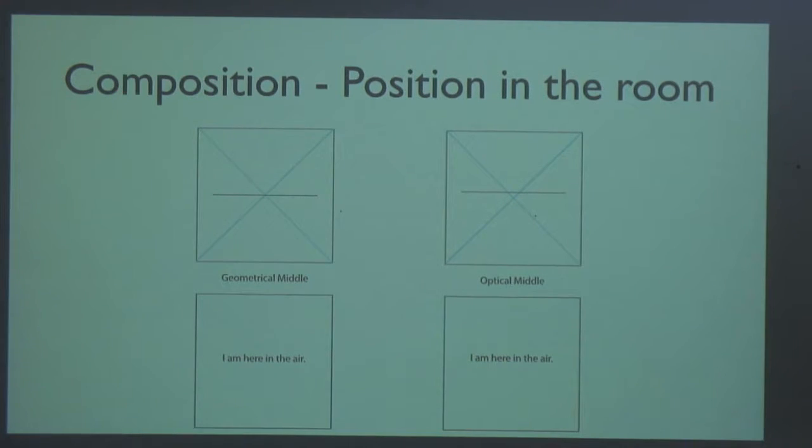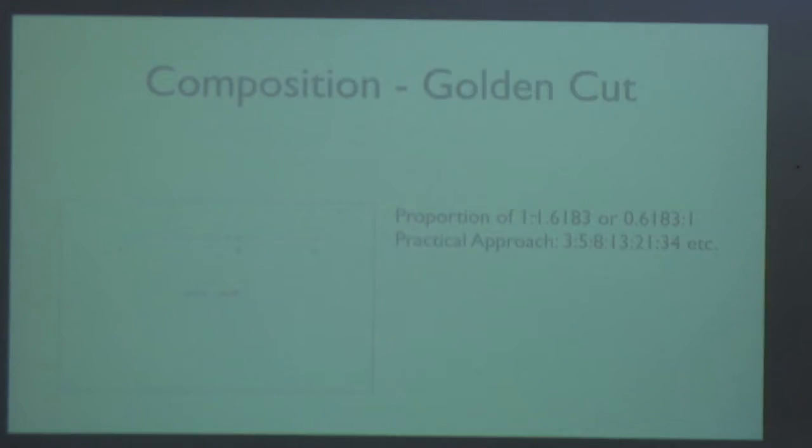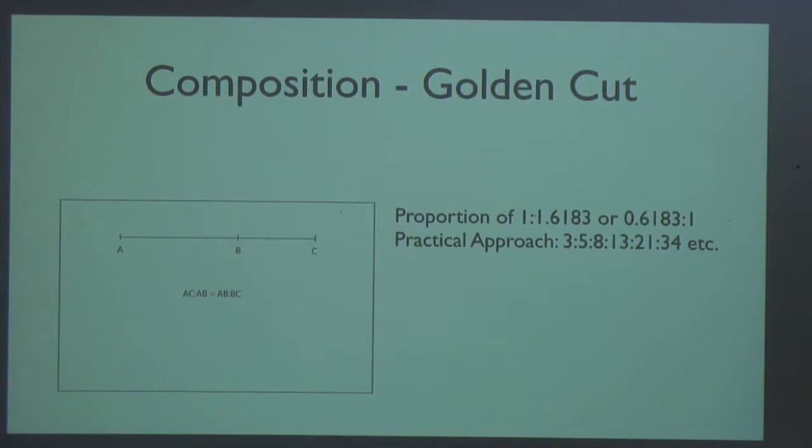Right, composition. More bag of tricks. The golden cut. As I said before, putting something dead center is just really boring, right? So one way of doing it is to put it off center. But then of course the problem is, okay, well, where off center? And one of the tricks is to put it into the golden cut,